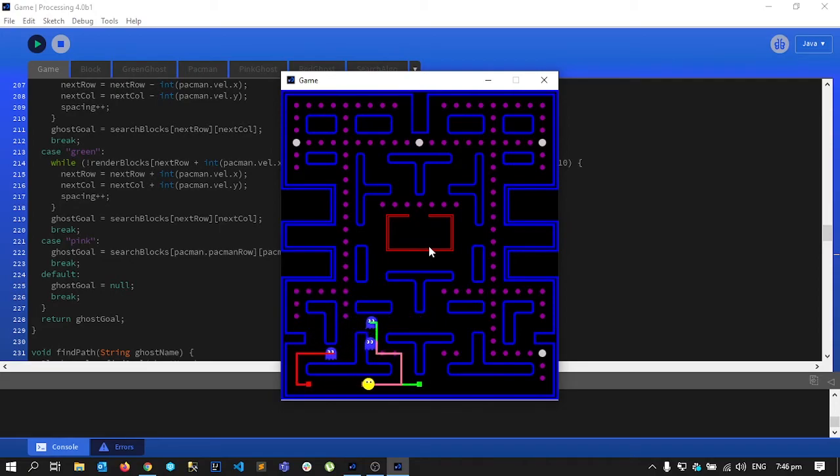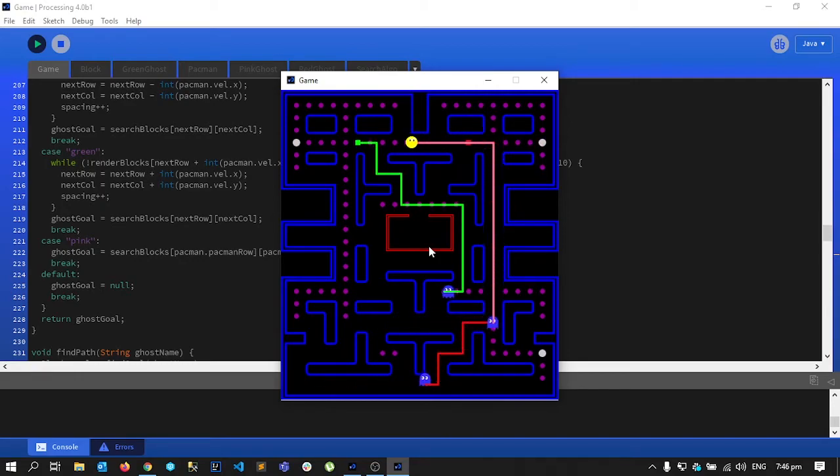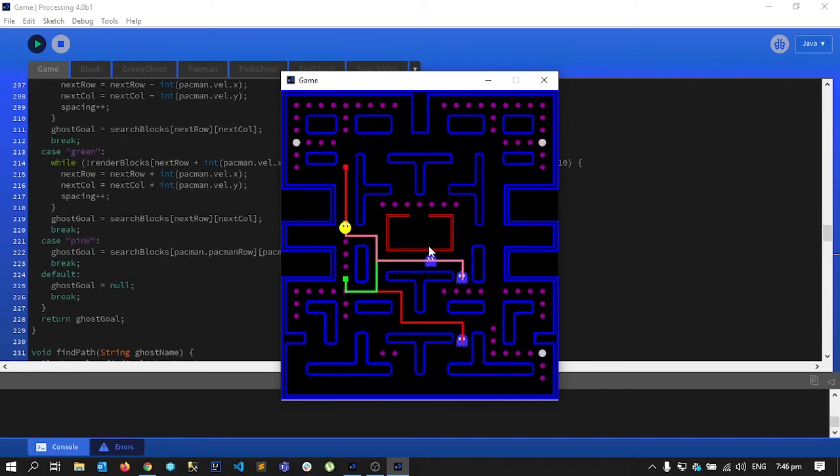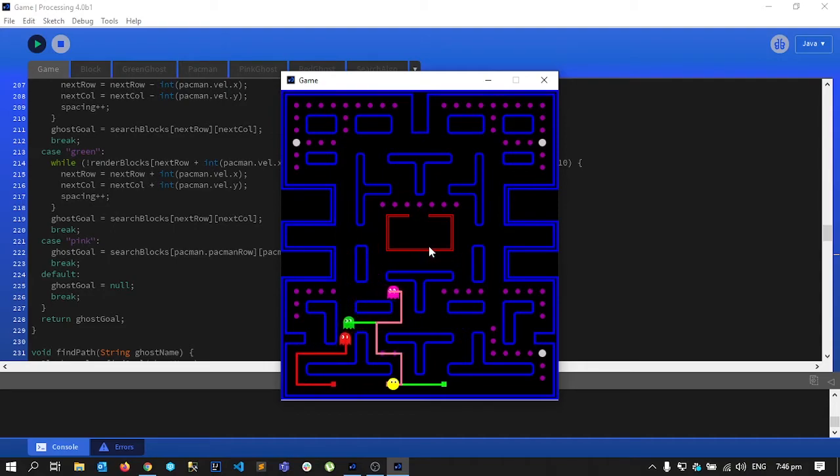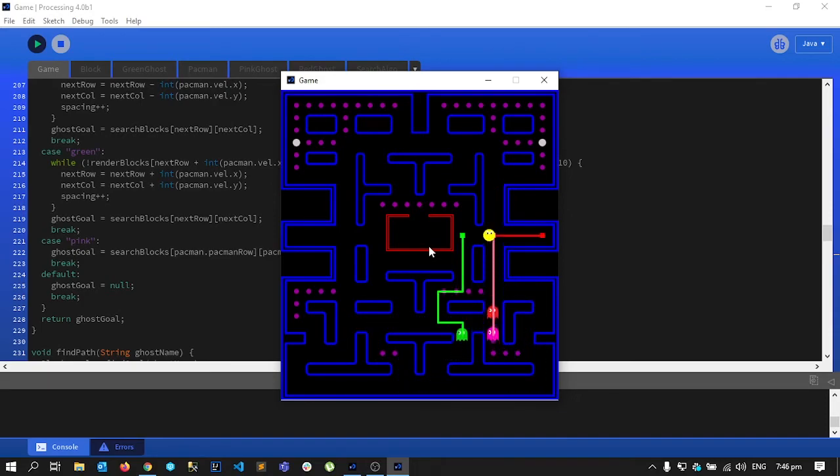Another thing that I would like to mention here is the green ghost is basically seeing 10 places in the future and trying to reach that position, and the red one is looking at the position 10 steps in the past that the Pac-Man was at, and the pink one is trying to reach the exact position that Pac-Man is at.